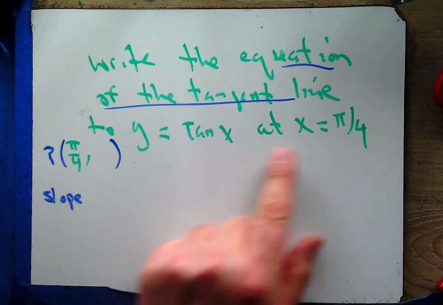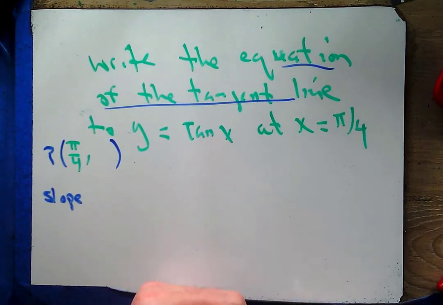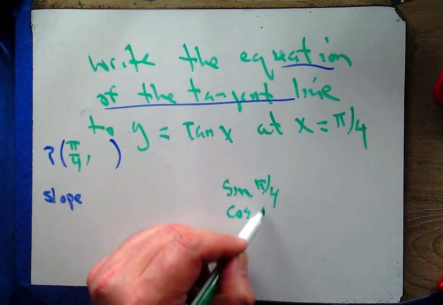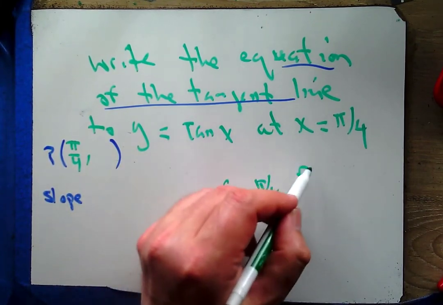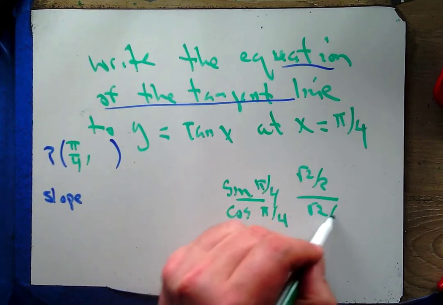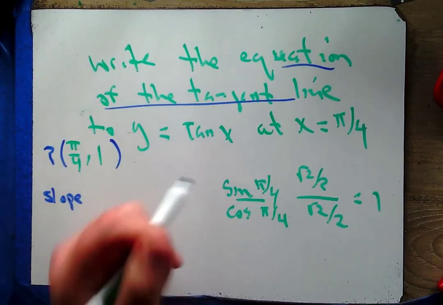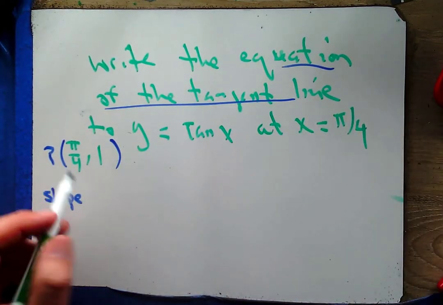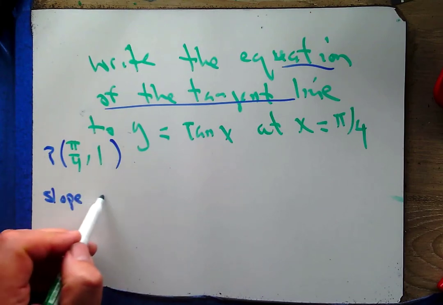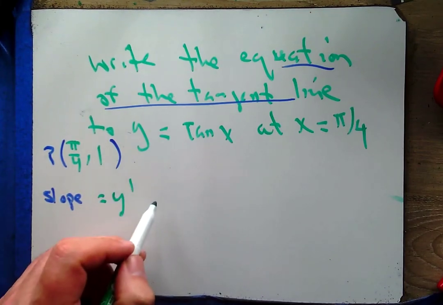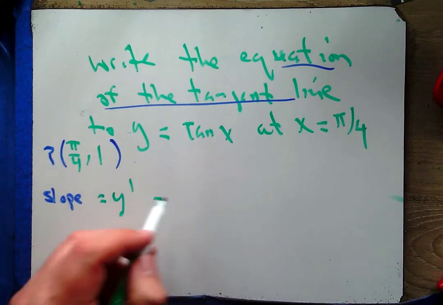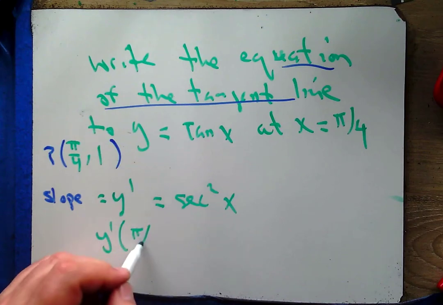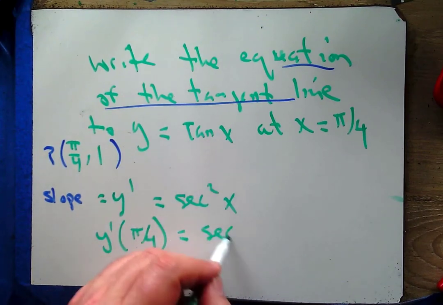Well, if I take this x value and plug it in here, what is the tangent of pi over 4? It's the same as sine of pi over 4 over cosine of pi over 4. So we have root 2 over 2 over root 2 over 2, which is 1. So there's our ordered pair. Now what about slope? Well, we remembered that slope and derivative are synonyms. So y prime for tangent is secant squared. And what I'm looking for is y prime at pi over 4, which is secant squared